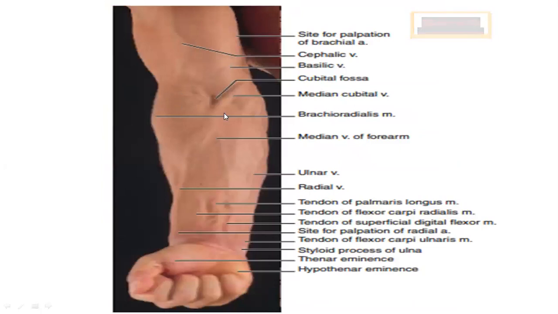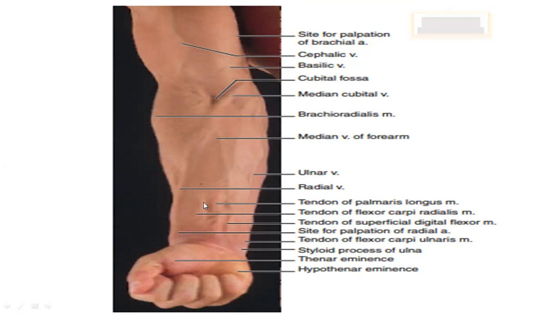Okay, this is the cubital fossa surface anatomy. If you remember, in the roof of the cubital fossa, we come across this vein, that is the median cubital vein. More laterally, the muscle we have is brachioradialis. Superficial veins, what we have towards the thumb, that is the lateral side, we will have the cephalic vein. From the medial side, if you observe, we have basilic vein. Connecting cephalic and basilic, we have median cubital vein.